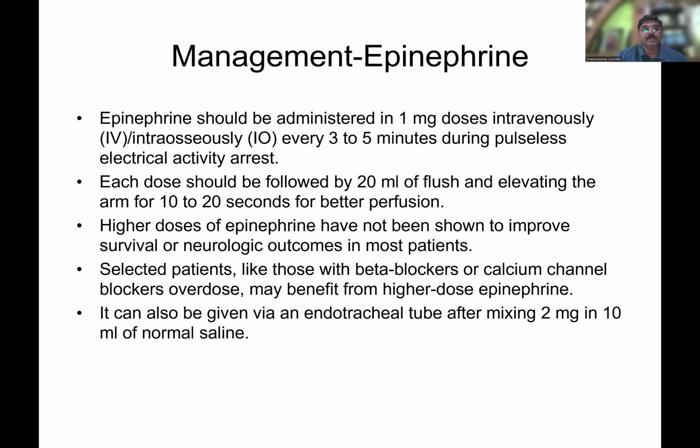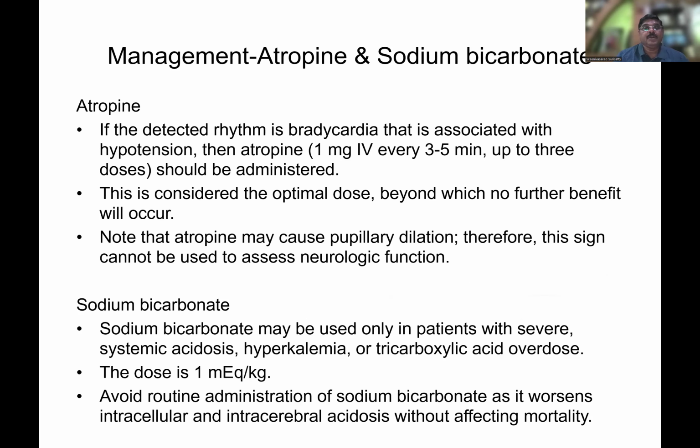If IV or IO access is not available, epinephrine can also be given through the endotracheal tube, 2 milligrams in 10 ml of normal saline. But usually now we avoid endotracheal administration, and it is better to use IV or IO access if you want to give epinephrine. So atropine, if the detected rhythm is bradycardia with hypotension, then atropine 1 milligram every